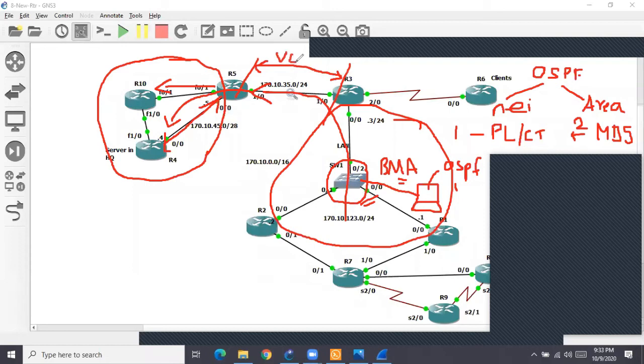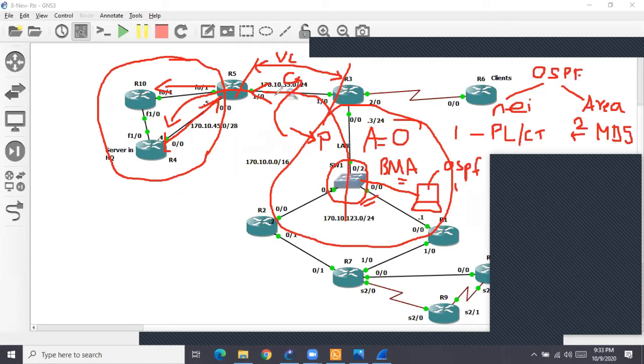Now the question is, somebody will say, why is the virtual link down? Because the virtual link is considered part of what? Area 0. It's like parent-child inheritance. This is like the parent, and this link is like a child of the parent. So if you modify something on the parent, the same thing must be applied for the child also. This is called parent-child inheritance. The virtual link is considered part of area 0.